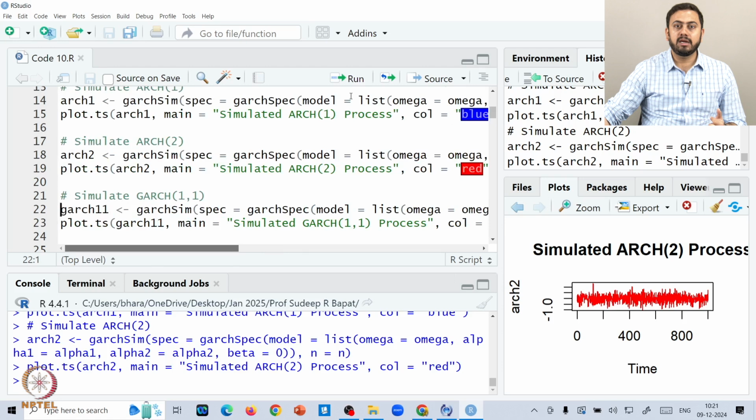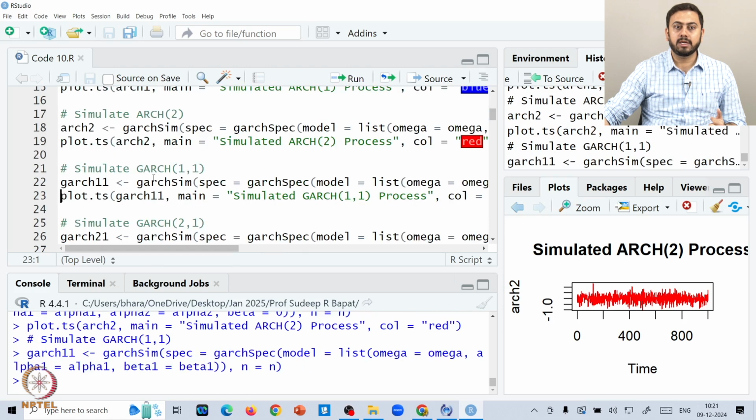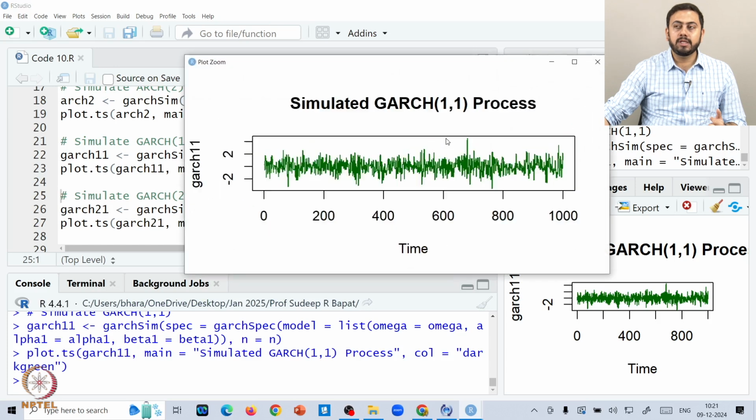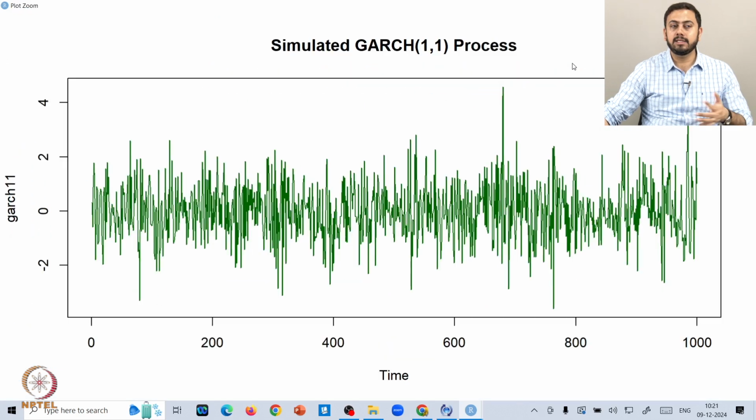So, we have tried to simulate from the GARCH 1,1. We will run that and then I will show you the plot. Hopefully the plot would not be a whole lot different from either ARCH 1 or ARCH 2, because GARCH 1,1 is just an extension of ARCH 1. You can see that the series is volatile. So, probably an ARIMA kind of structure will not do well here because you have lots of random ups and downs throughout the entire series, which suggests that variance is not constant, or rather variance is changing over time. Okay.